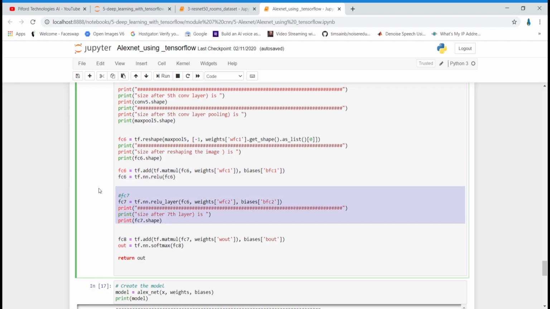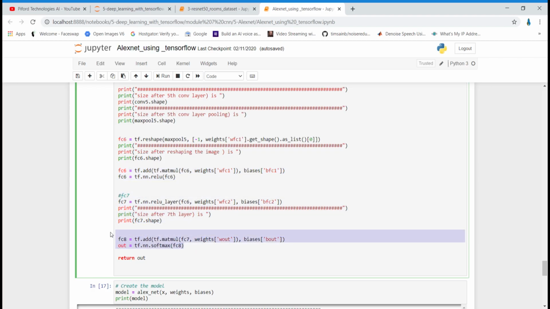And then this is the seventh layer, and this is the last layer. In the last layer, which activation function are we using? Softmax. Till the seventh layer we were using the ReLU activation function, but in the last layer we are using softmax. Why?